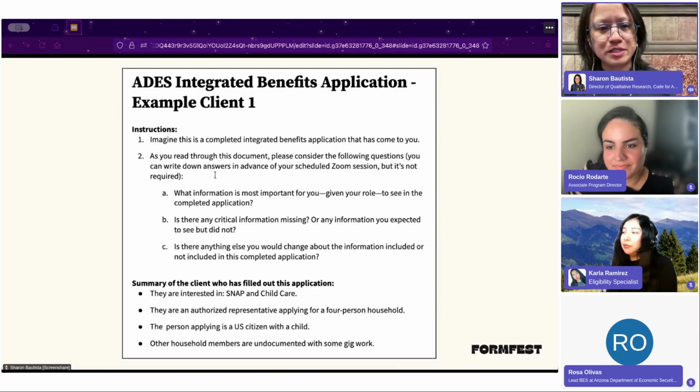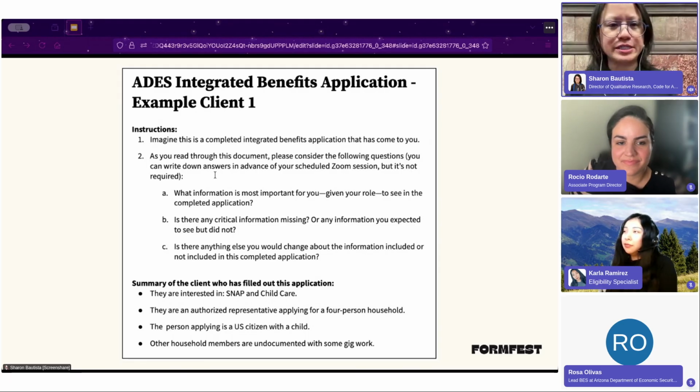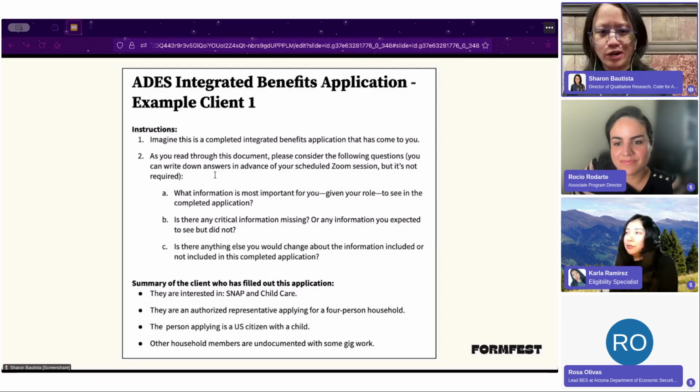You'll see in these instructions that we asked eligibility workers to imagine that the document that we sent them in advance of the interviews was a completed integrated benefits application. So in reality, we were still working on the design of the application, but we gave them this scenario for the purposes of our conversation. The instructions also included in advance the 3 main questions we wanted to discuss